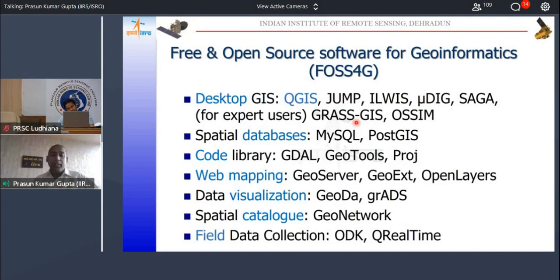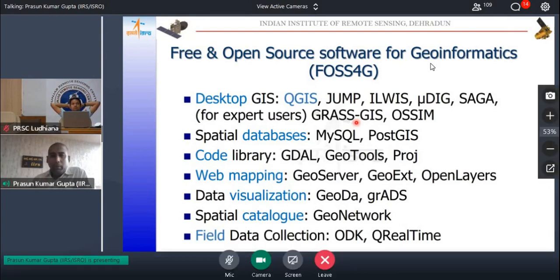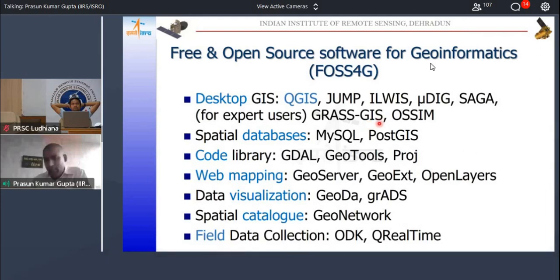And in 1984 they decided, okay, let's make it open source, and since then, it is one of the oldest softwares and most powerful software today. But it has a certain cryptic interface, mostly command line. Again, they are changing that slowly. But yeah, if you are an expert user, you can look into GRASS.